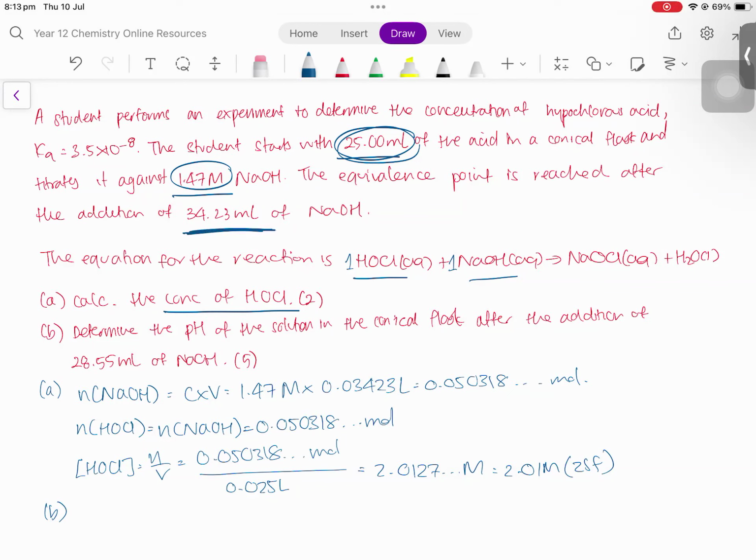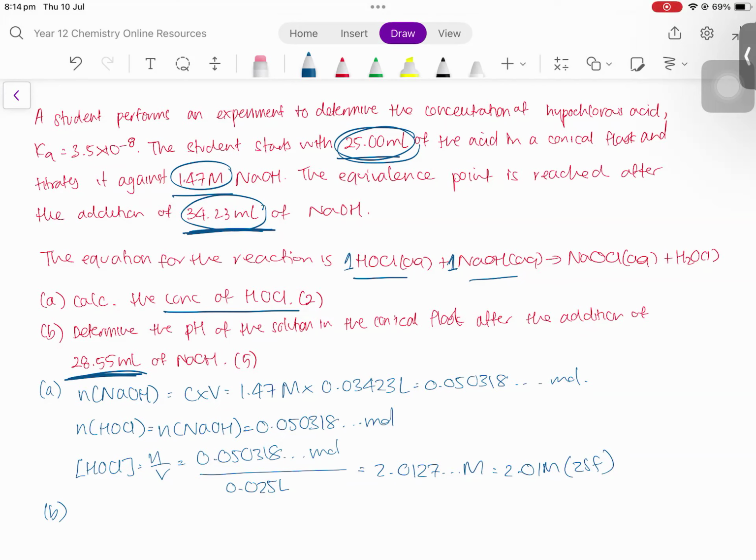34.23 mils is at the equivalence point. By definition, the equivalence point is when you've reached the stoichiometric ratio. Yeah. So the 34.23 mils, you're allowed to do ratio work for. That's why we did 1:1. But here in part B, they've wheeled it back. They didn't ask you for pH at the equivalence point. They asked you for it at 28.55, which is actually before the 34, which actually means this is before you